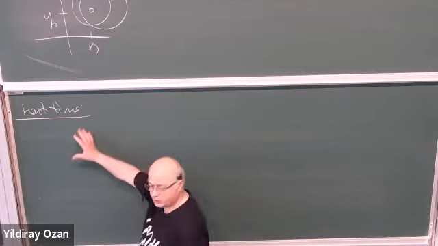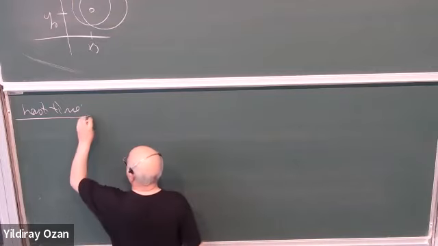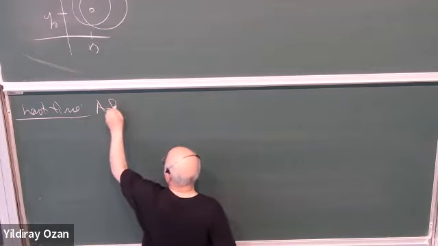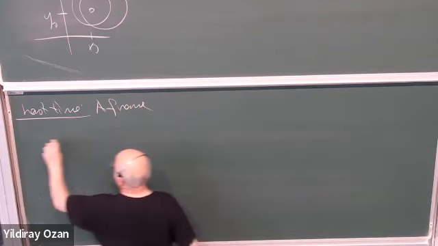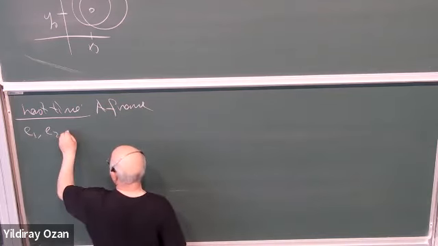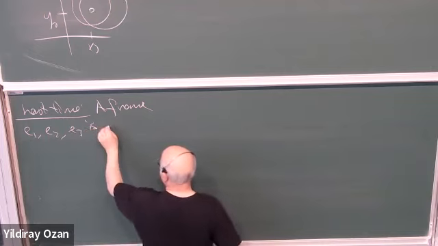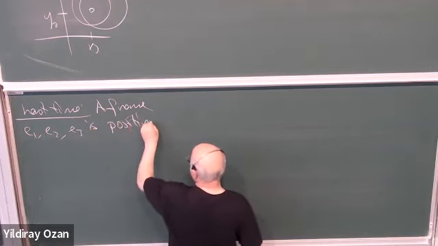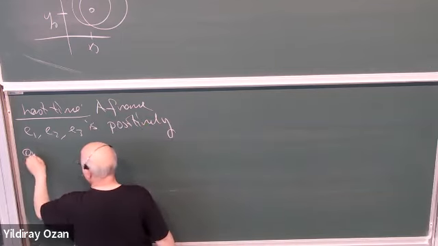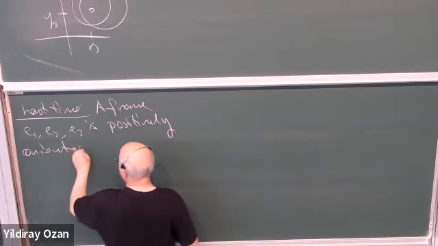okay, I'll go over what we have done. A frame, let's say E1, E2, E3 is positively oriented, right? Positively oriented if and only if